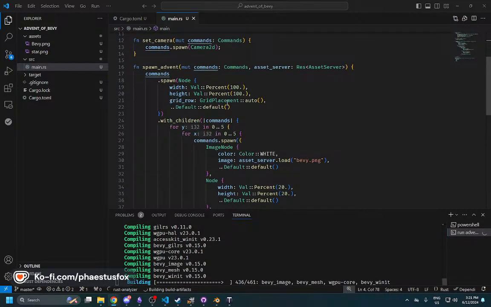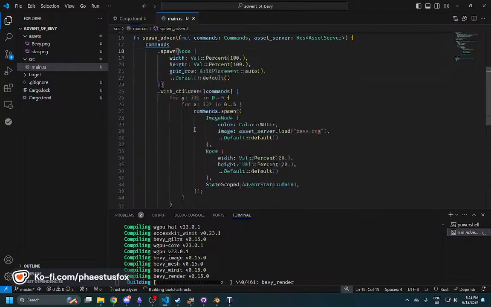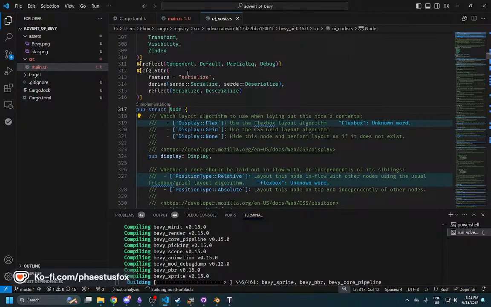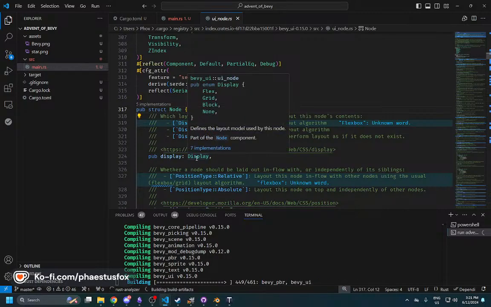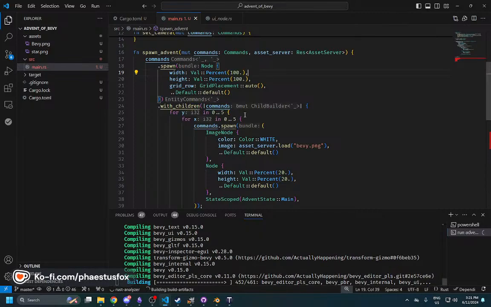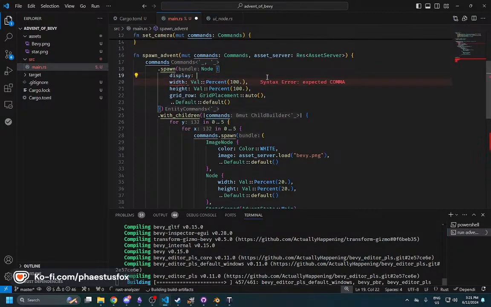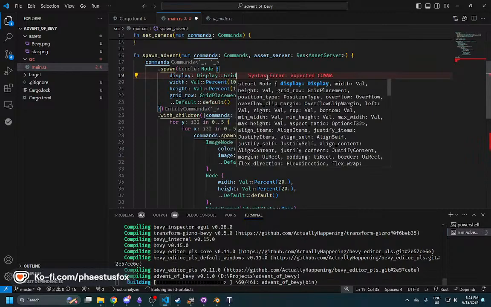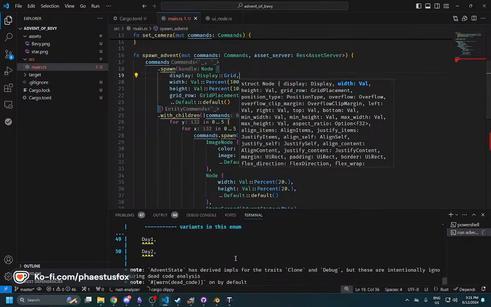I'm assuming there's something like one of these in Node, there's going to be like grid rows, and then you just turn it on, like grid rows true, or grid layout true. And without digging through lots of code, I'm not going to find that. I think there is display grid. Okay. So that's going to be at least one fix. I'm going to say display, and then display grid, and then